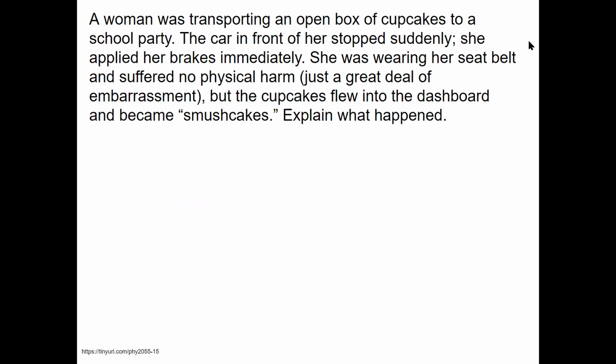All right. So we'll try to see an example that can be explained by Newton's first law of motion. Imagine someone is transporting an open box of cupcakes to a school party. The car in front of her stops suddenly, and she applies her brakes immediately. She was wearing her seatbelt and suffered no physical harm. But the cupcakes flew into the dashboard and became smush cakes. Okay, so we can explain this using Newton's